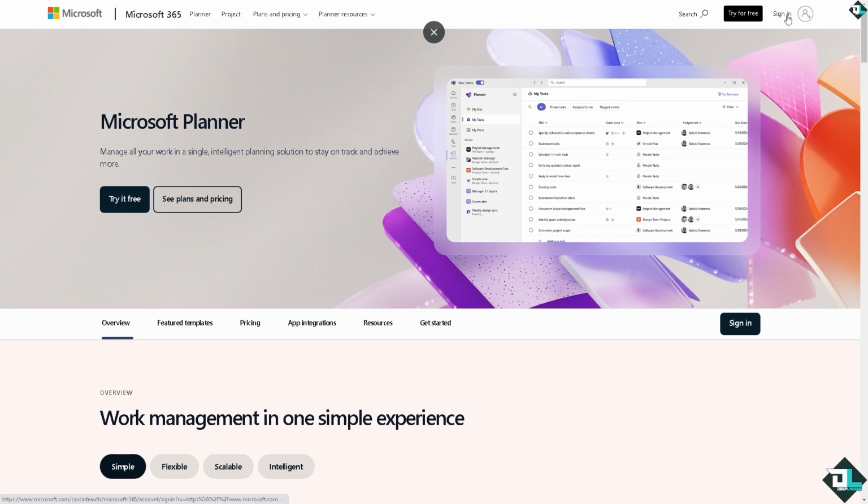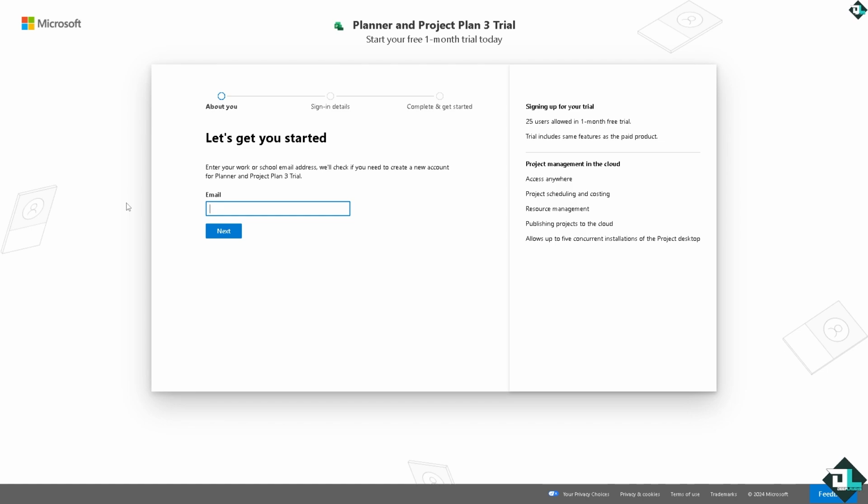See this sign in option here? If you haven't already, just go to the try it free option, wherein all you have to do is follow the instructions. You can enter your work or school email address, and they will check if you need to create a new account for a planner and the Project Plan 3 trial. Once you have done that, sign in details, complete, and get started, you would be able to access the Microsoft